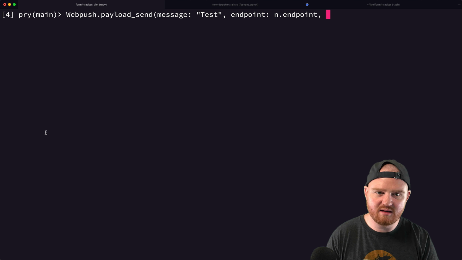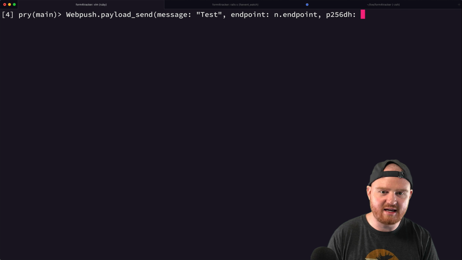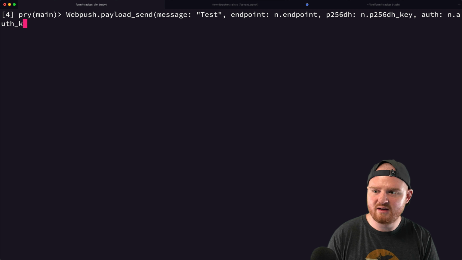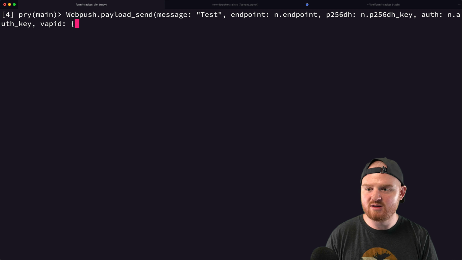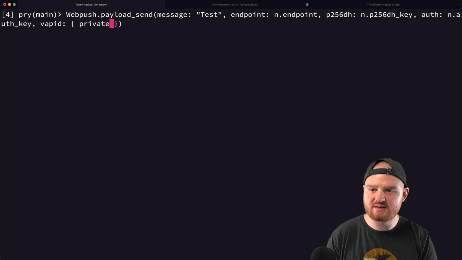this P256DH thing is n.p256dh_key, and then there's auth, which is going to be n.auth_key, and then we also need to pass a hash under VAPID, and that is going to be our private key, which is going to be